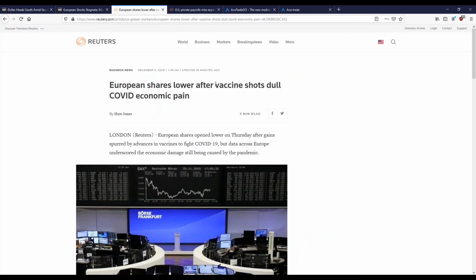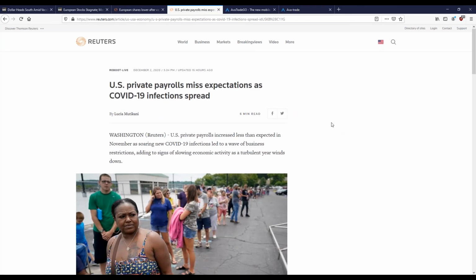European shares lower after vaccine shots dull COVID economic pain. Same idea. The excitement's wearing off about the positive news. U.S. private payrolls miss expectations as infections spread. So a little bit more fear in the headlines starting to pick up. The fundamentals are not all glowy and green like they were earlier in the week.